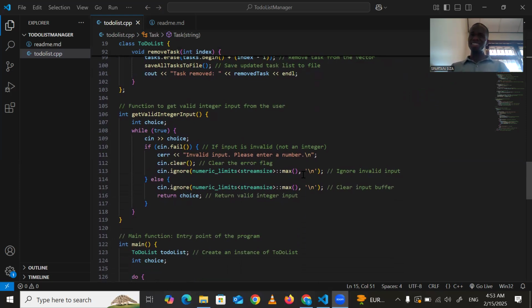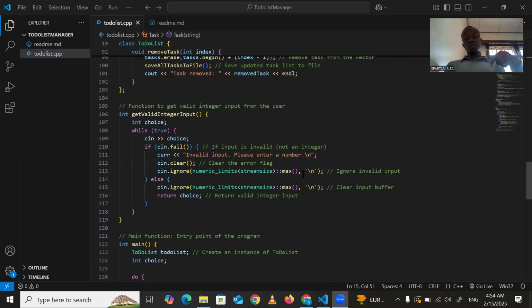Now, if something else is put in, maybe a string, instead of an integer, I observed when I first did that, before I learned to work it out, that the program glitches, and it will just keep on glitching, and you can't do anything with it. So if you have this method or this function that I'm going to use,